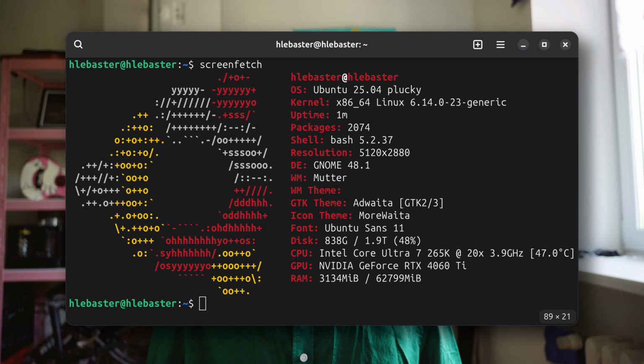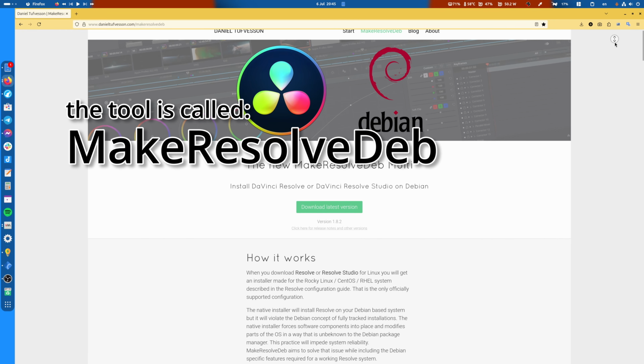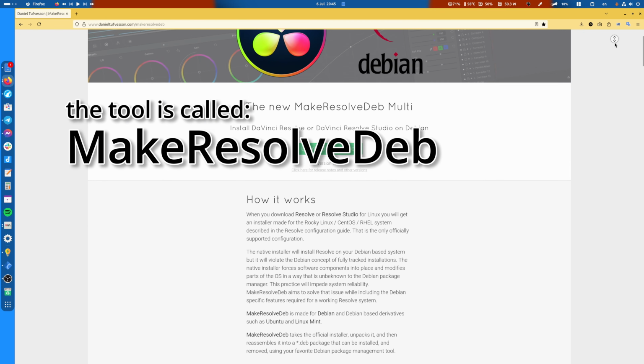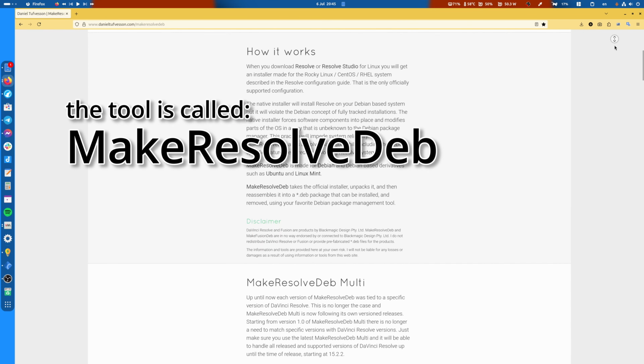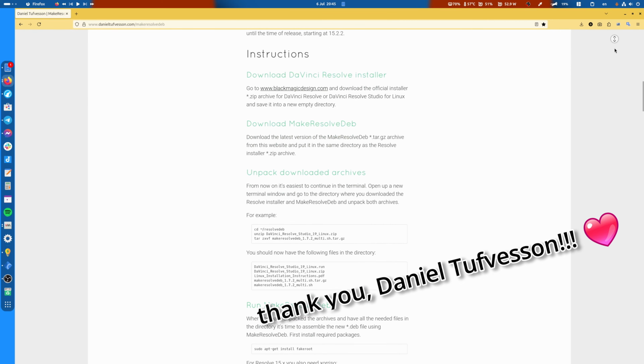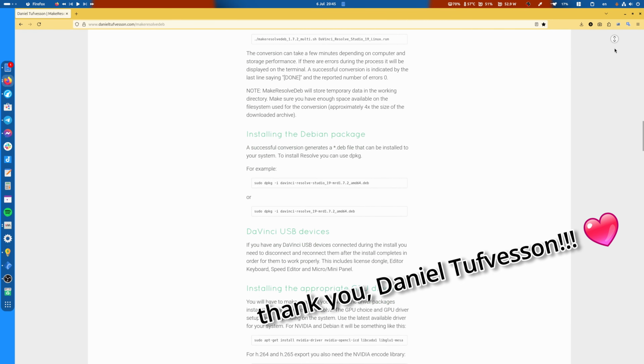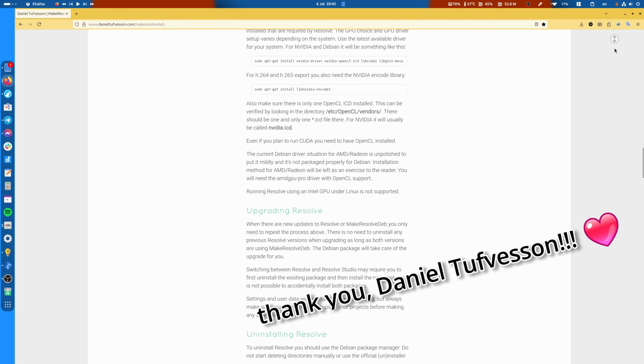The distribution that I'm using is Ubuntu. It works very well on Ubuntu. There is a tool available online that makes the DaVinci install file that you download from the official DaVinci website into a deb file that installs flawlessly, has no issues, very easy to install, surprisingly, because some people, I think on other distributions that are not Debian based, have some issues. Yeah, works very nice. Have zero complaints, other than